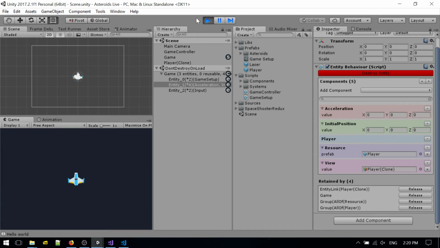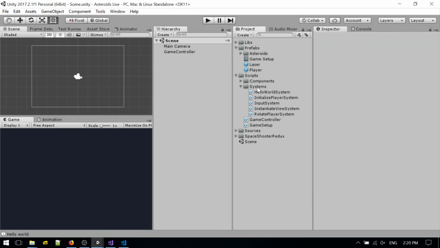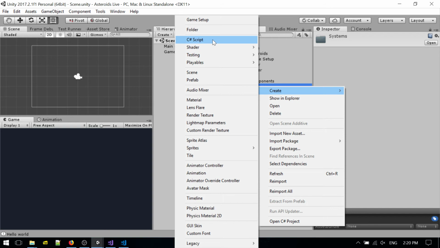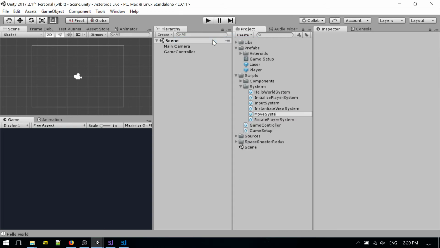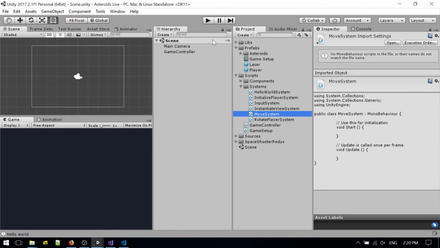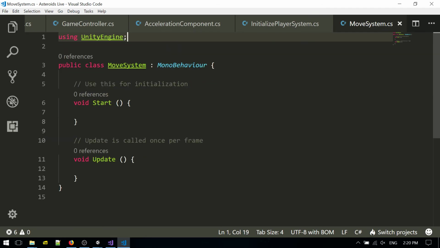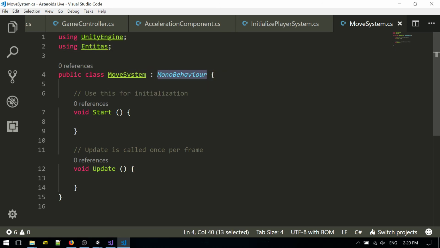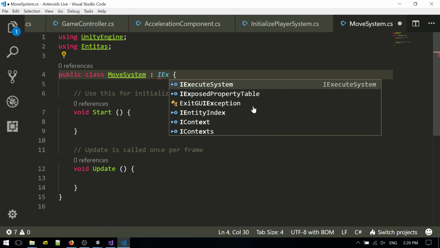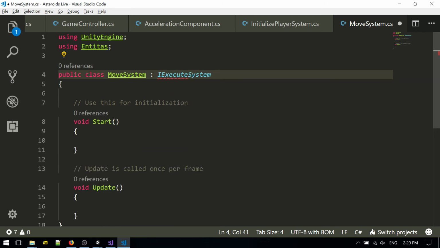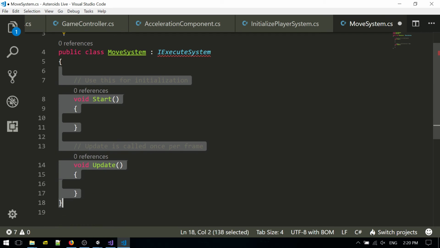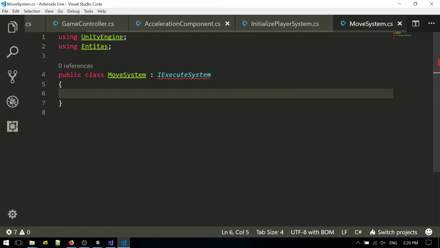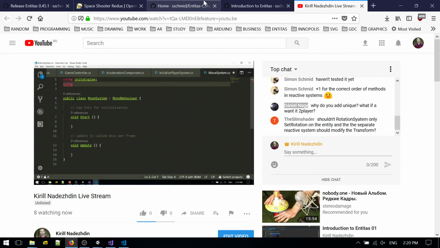Right now it's 0, but in order to use it, we need to actually create another system called move system. It will take an acceleration vector, which is not a normalized vector, but a vector with different magnitudes, and it will move our entities with an acceleration component by that vector. So there's another notion in entities which is